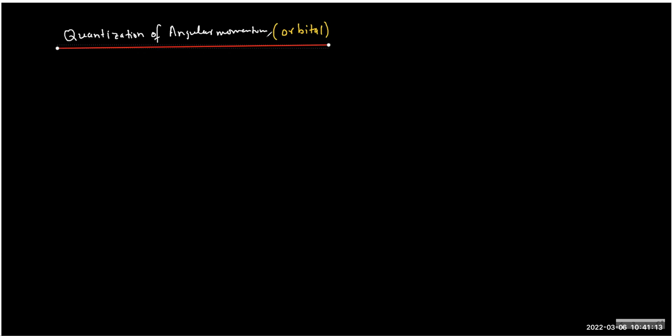So why this discreteness? The question is, what is the reason for the discretization of this angular momentum? For that, we need to go to a chapter which is not taught to you, and maybe some of you have studied it. The concept is called the concept of stationary wave. So if we have a string, and if I assume that this string is attached at the two ends, and if you set this string into oscillation,